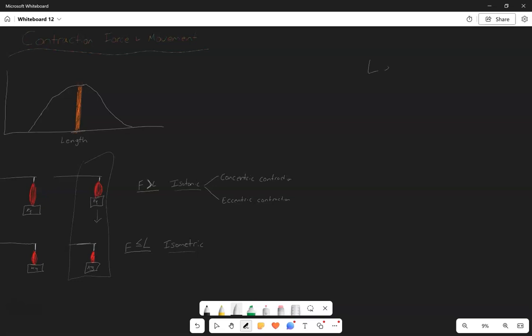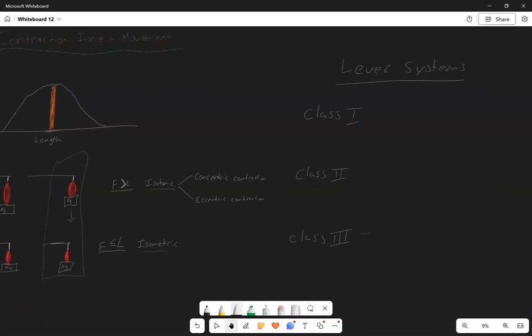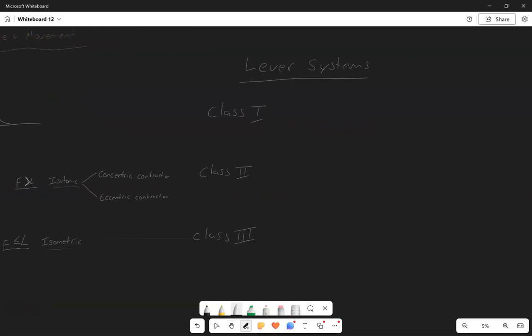We have what we call lever systems, where our muscles are set up on levers to generate the movement. And there are three classes of lever system. There's class 1, class 2, and class 3 lever systems. So these lever systems essentially work to reduce the amount of force that is necessary in order to move the load. So when we look at lever systems, our lever system is always going to have a force,